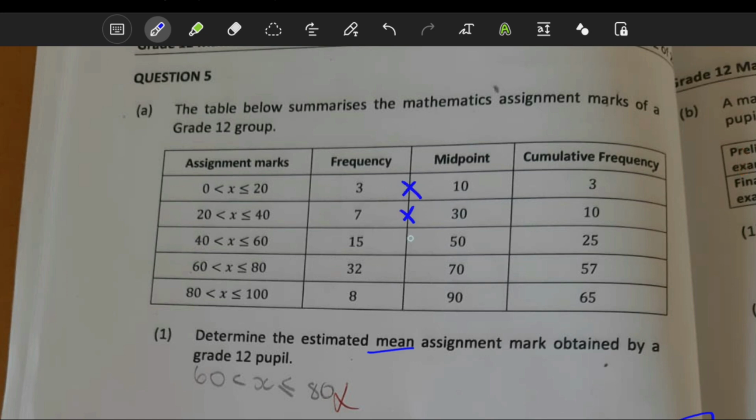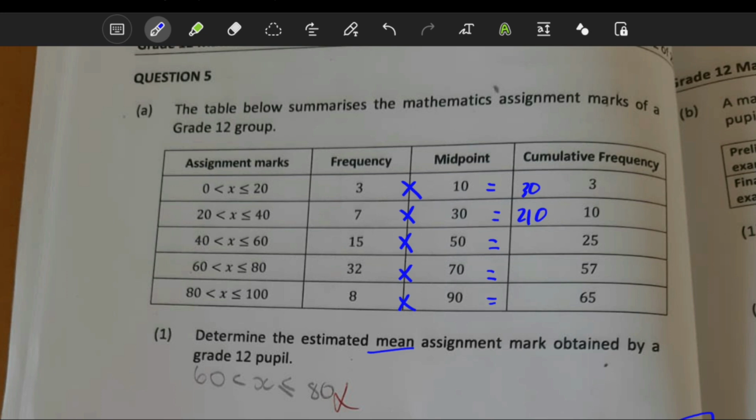You times all this together. You take your midpoint, you times the frequency and you get answers. You see, like here, you're gonna take 3 times 10, you get a 30. 7 times 30, what is 7 times 30 now? 7 times 30, I don't wanna guess, but it's like 210. And then 15 times